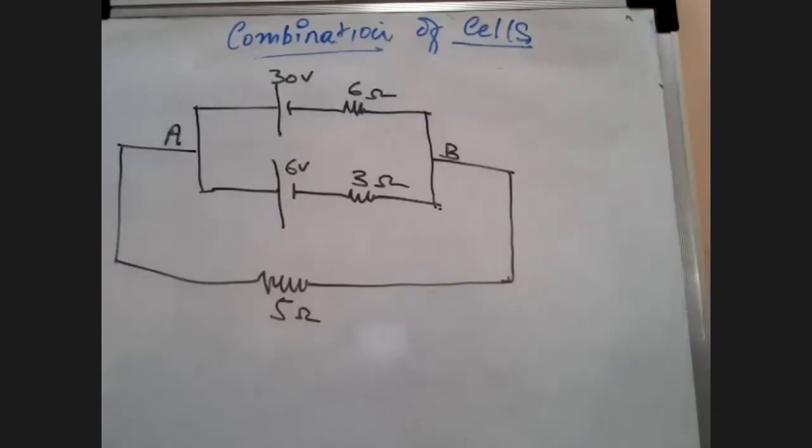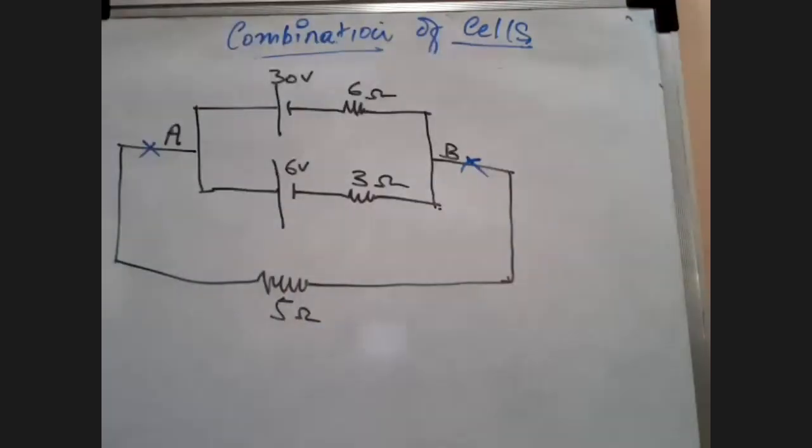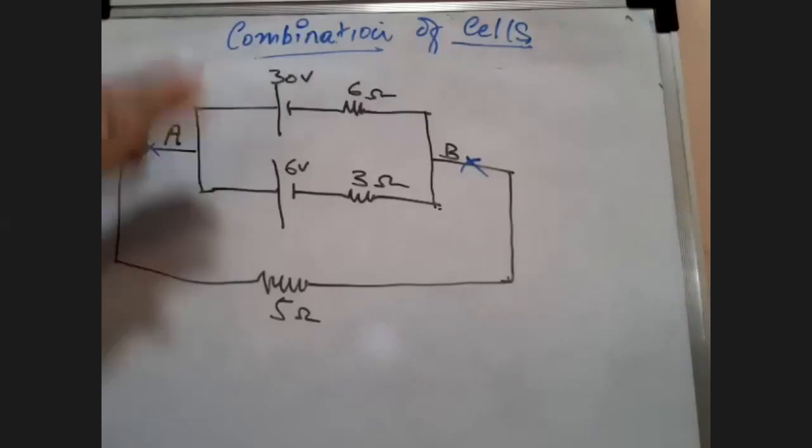What will be my potential between the points A and B? Can you at least tell me how I will be approaching this sum, in terms of combination of cells only now? I hope you all can see a combination here. What type of configuration can you see here? Parallel combination. Can we use the expression which we derived? Yes, exactly. And you'll see how easy it becomes to make this an equivalent circuit.